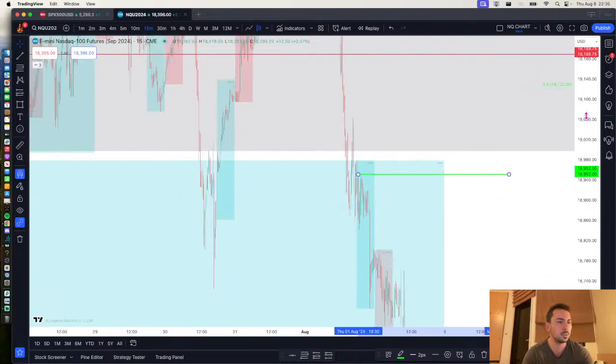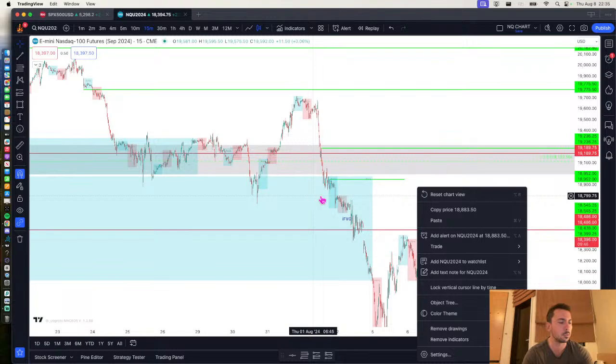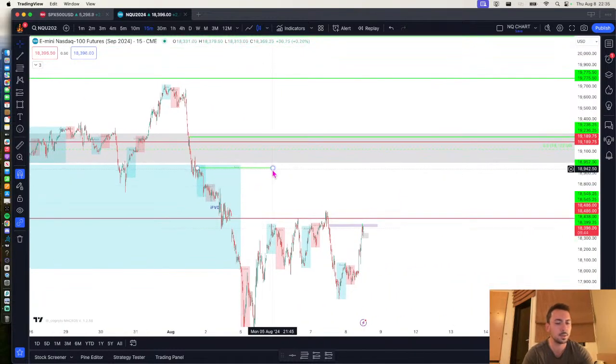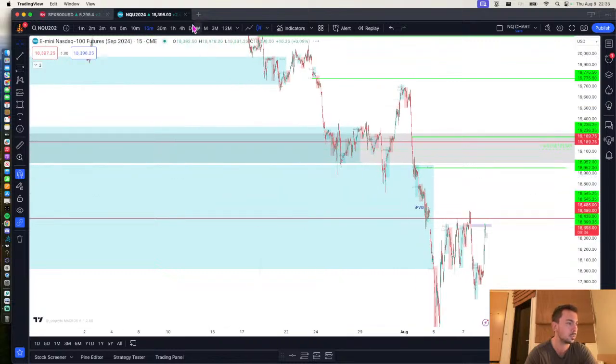So when I see all these equal highs, it makes me a lot more confident in building reversal positions, because I know that at some point these are going to be taken out. The algorithms are designed to come back and take out equal highs. And also when we take out significant sell side liquidity, so these come from,